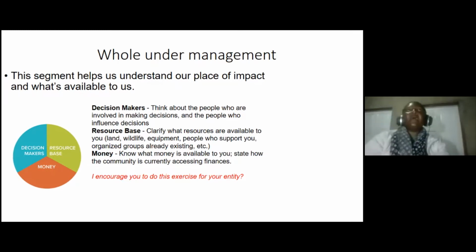And I'm working with communities that have been used to donor aid. And so you have to keep probing and dialoguing so that they unpack all the tools that are within their reach. And then you go to the resource base. So what resources are available to you? You list all of them, including the people or organizations that you work with or where you can get support from.